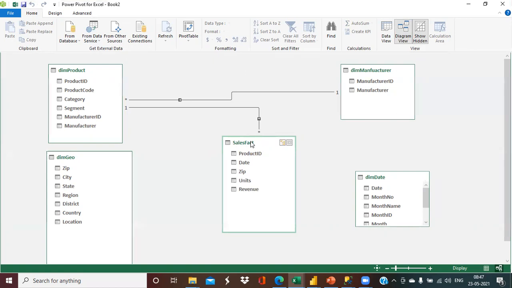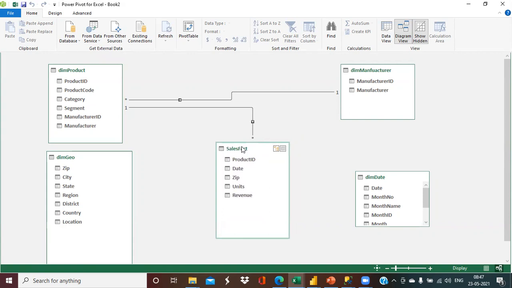Generally, when we work on any data analytics project, we have two kinds of schemas to follow. If you are from a non-technical background or very new, you may not understand the meaning of this word schema. Let me explain in a very normal way how the tables of your data will be organized inside your data model. We have two major schemas followed by the industry everywhere in data analytics: the star schema and the snowflake schema.